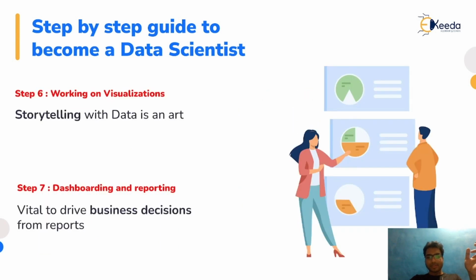Let's see step 6. Step 6 is working on visualization. I will tell you how visualization plays a very important role. Let's say you are working on a data science use case at a big organization as a data scientist. I'm assuming that you are proficient in everything we have seen till step 5. After that, you are able to see what patterns are there in the data, what numbers are coming,